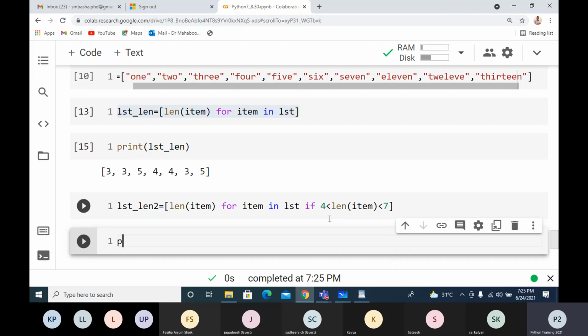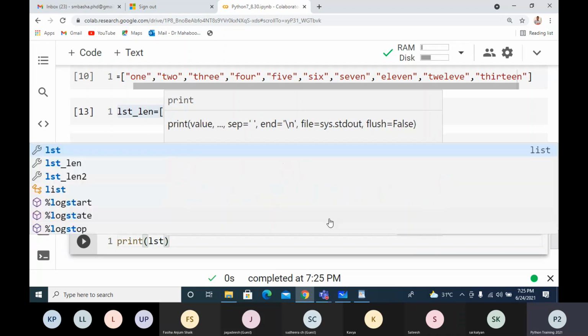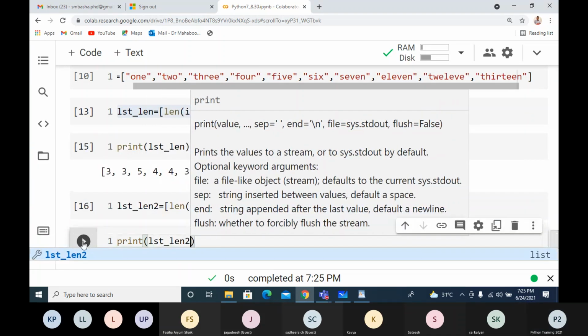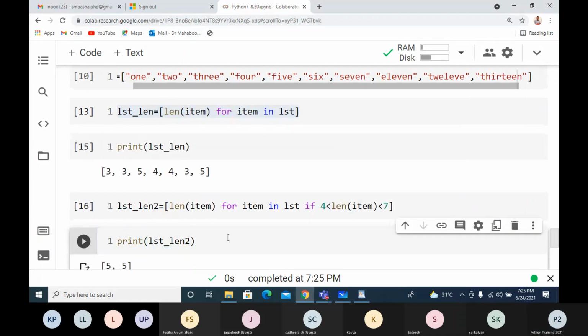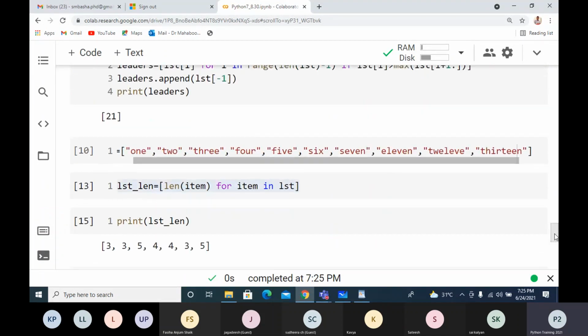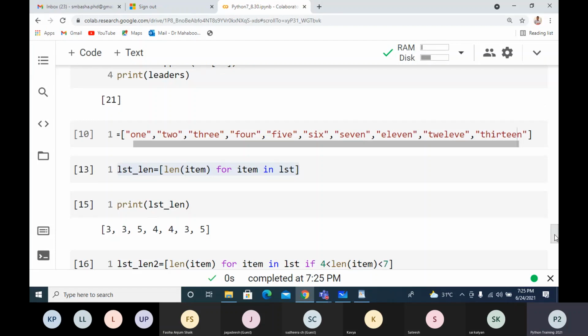So when I print len2, it is giving only 2. So 7 is 5, so it is giving that.